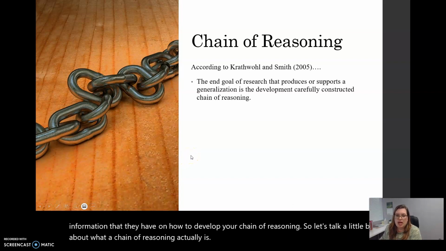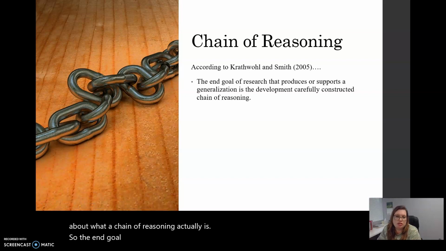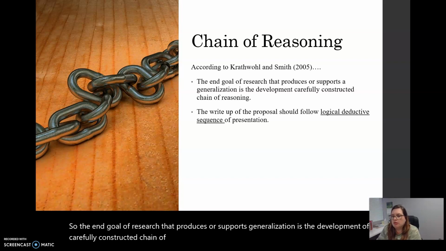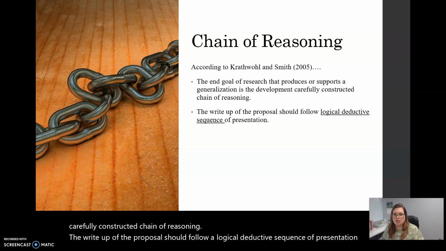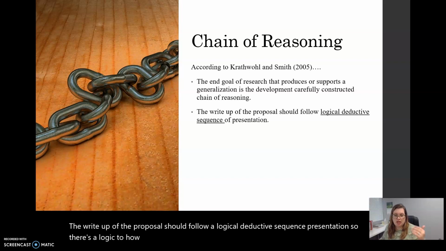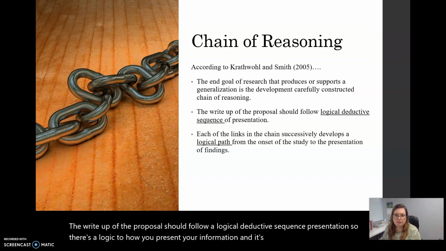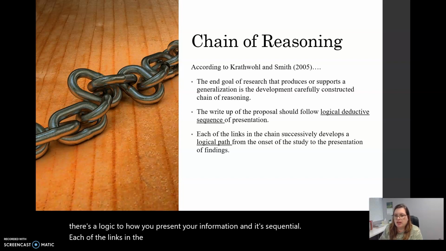So the end goal of research that produces or supports generalization is the development of a carefully constructed chain of reasoning. The write-up of the proposal should follow a logical, deductive sequence of presentation. So there's a logic to how you present your information, and it's sequential. Each of the links in the chain successfully develops a logical path from the onset of the study to the